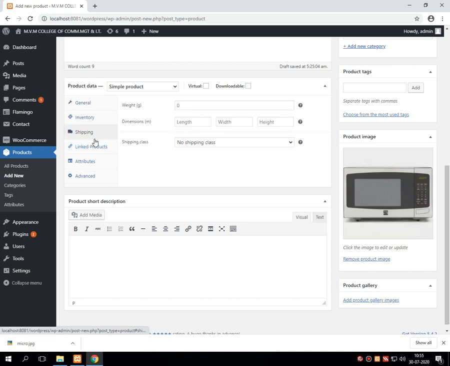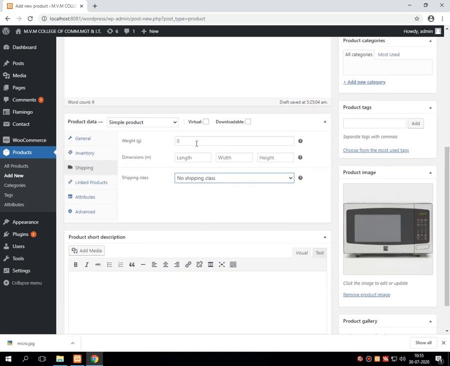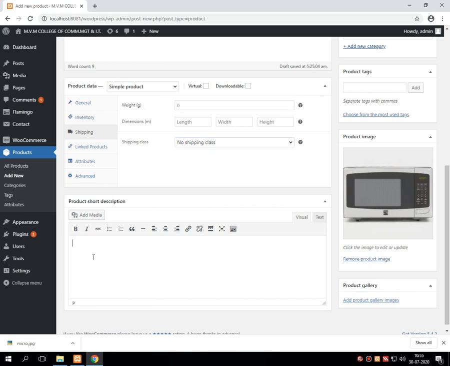Then into the shipping, I am not changing anything yet. Let's keep it as it is. And as a description, I am giving: this is a test for creating a new product for selling.